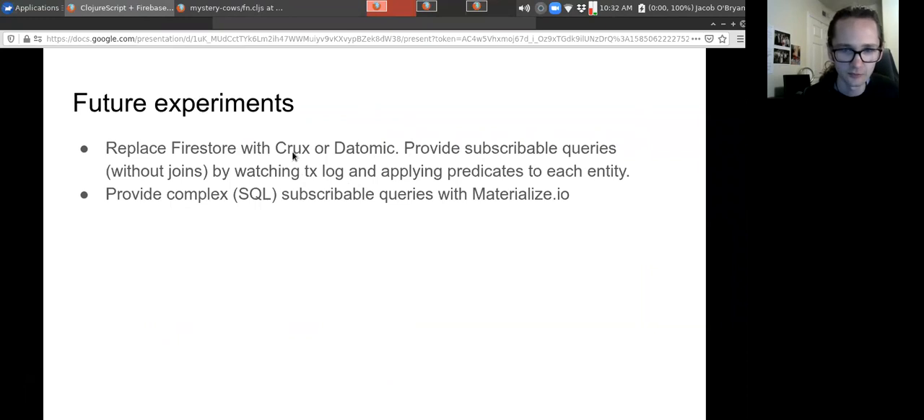And then we do an initial query with data. We could do the initial query with Datalog. But then on any new ones, we just look at the transaction log, and any new entities coming in, we just apply the predicate, and then we say yes or no, send it to the client. And that is totally enough for this kind of setup, which I think is quite exciting. And then using Crux or Datomic, we can just have a full Clojure backend, which I think could be a lot nicer than using Firestore and functions. And then also,